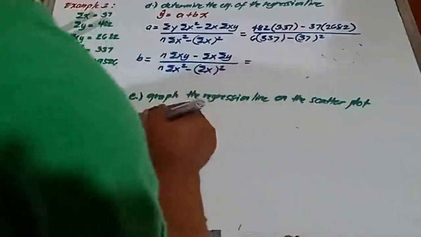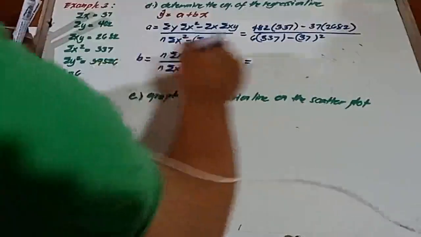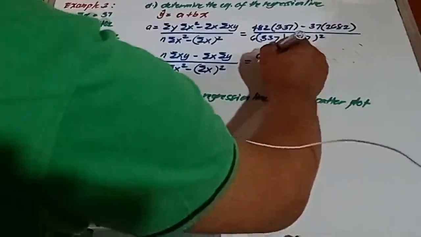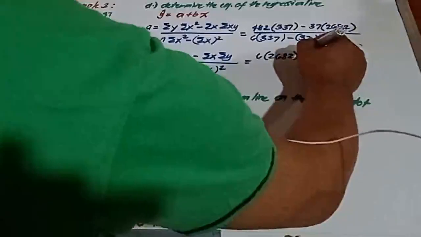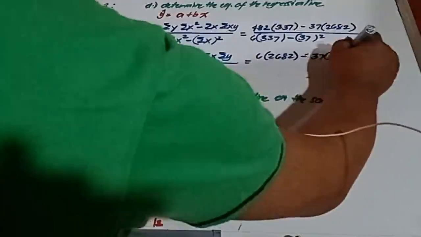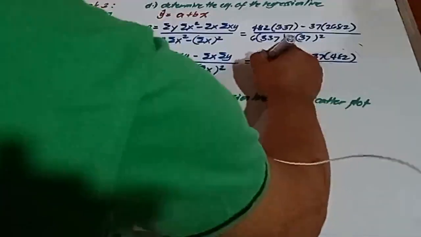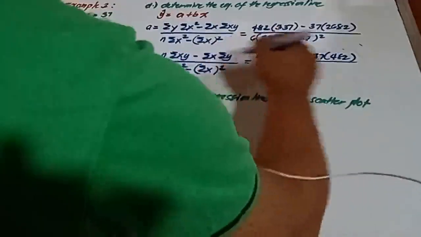Okay, ko na rin dito para diretsong calculator tayo mamaya. 6, summation of xy is 2682 minus summation of x 37, summation of y is 482 over 6, summation of x squared 337 minus summation of x squared, we have 37